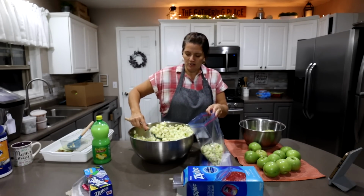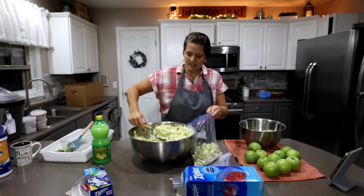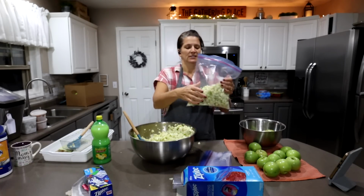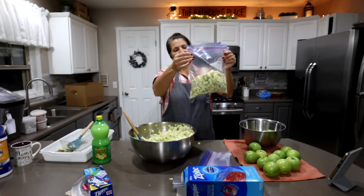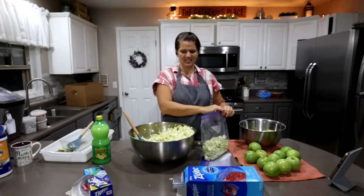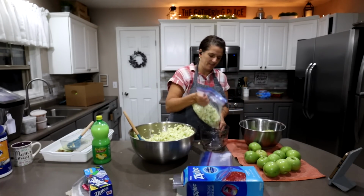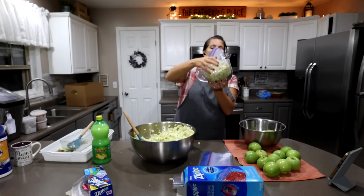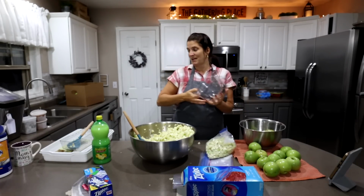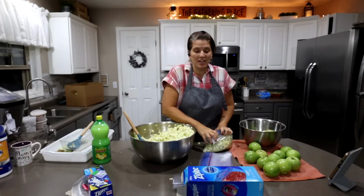I don't even know. We're just gonna do like 4 big scoops maybe? No, like let's do 6 scoops. 5. That right there looks good. That's probably good 2-3 cups, right? Yes. Measuring. Where's the measuring cup? Let's do it backwards here. Like this. It's about 6 cups. Okay, that's about it. So I'll put 6 scoops in each bag, and then that way we can use it for